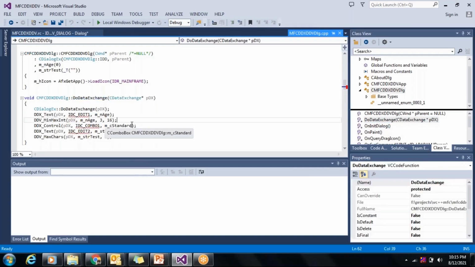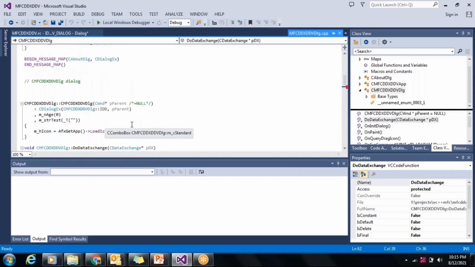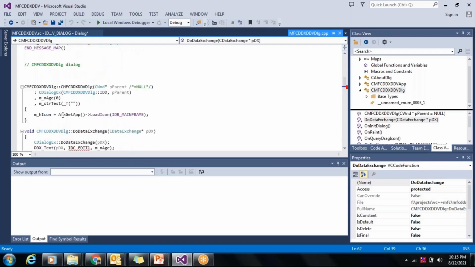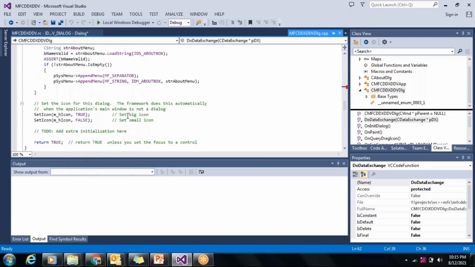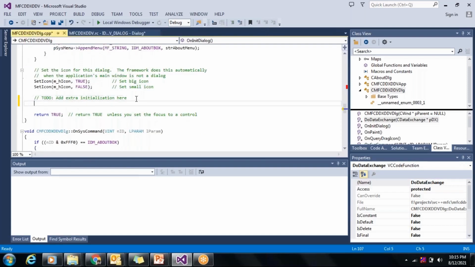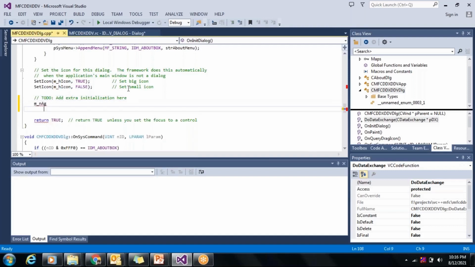Now let's see, we want to set some default values. We can set the default value either as part of the constructor, or you can do it in the OnInitDialog function. So let us set the values for these variables here. For m underscore n age, we will set the default value as, let's say, 6.